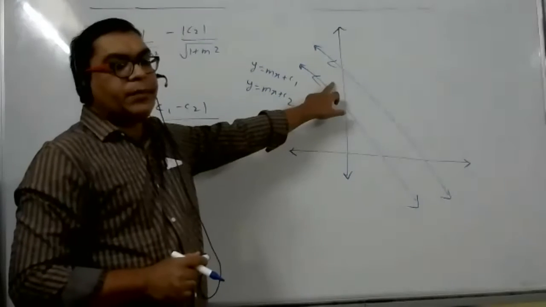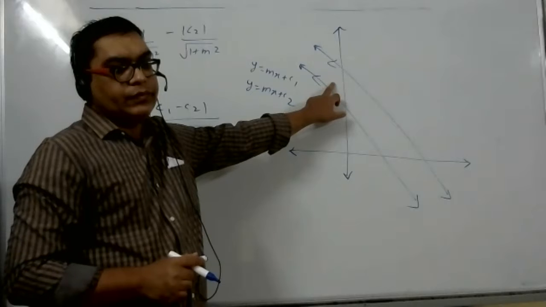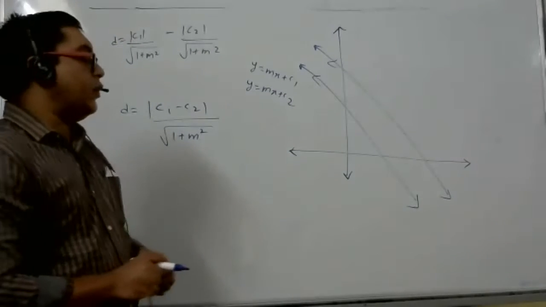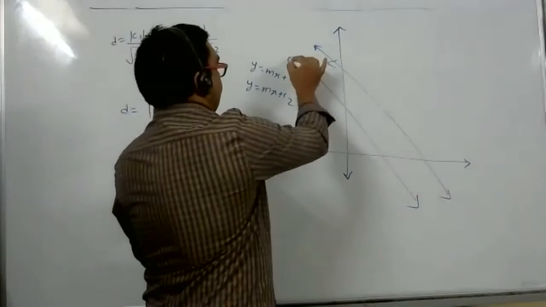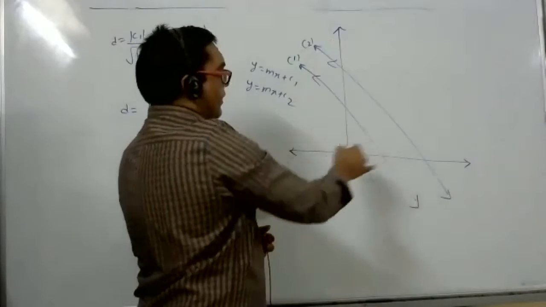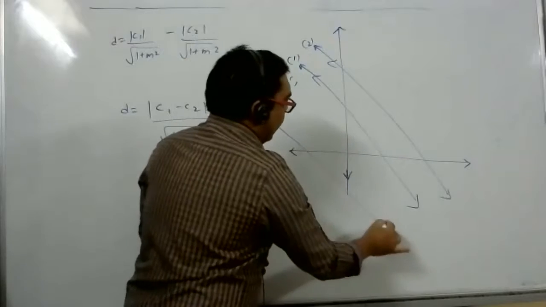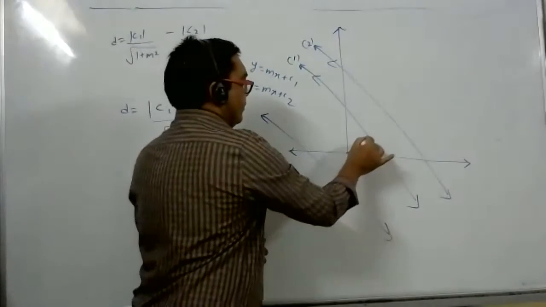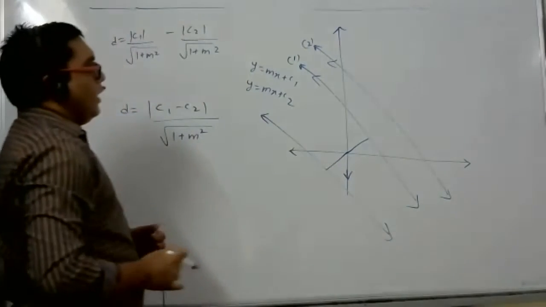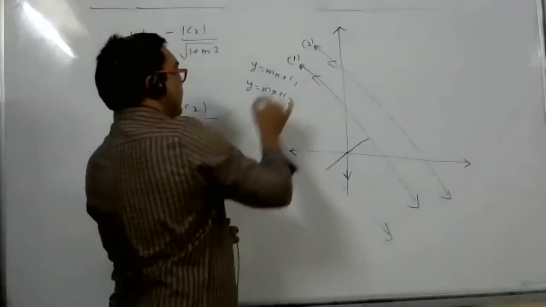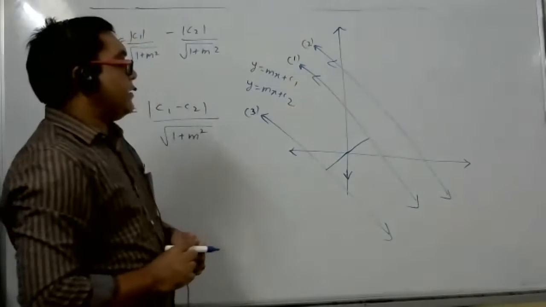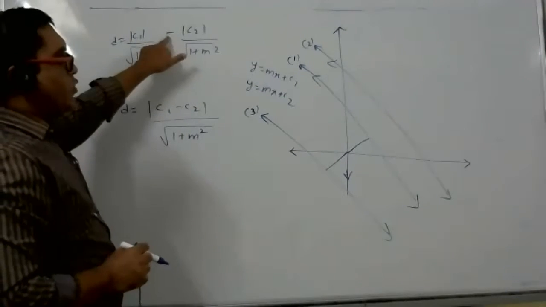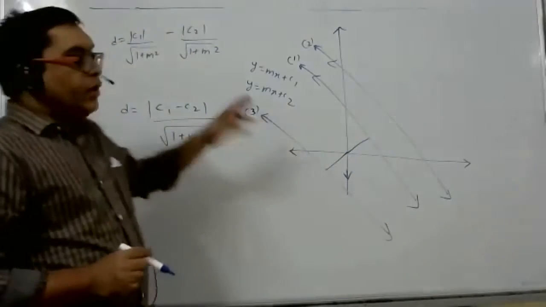In this diagram, both are positive only. Sir, but if we go to the negative side... See, suppose this is the first line and this is the second line. You are saying that one line is on the right side and one line is here. So if the line is here, will you subtract or add the distance? Suppose this is the first line, second line, third line. If you want to find the distance between the first line and the third line, will you add these two terms or subtract these two terms? Add. That time you have to add.